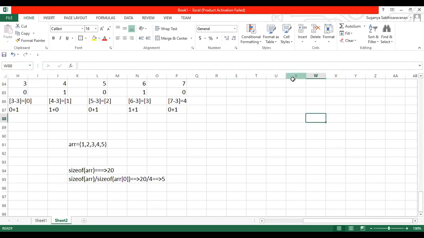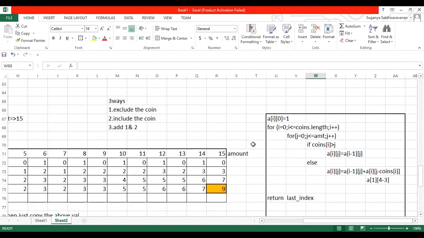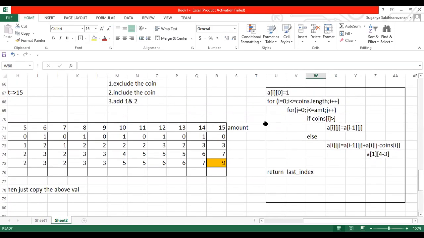I'll show you the algorithm. Guys, if it is on your computer, you can ping me. I'll give you the share screen option. You can share your screen and I can show the output.